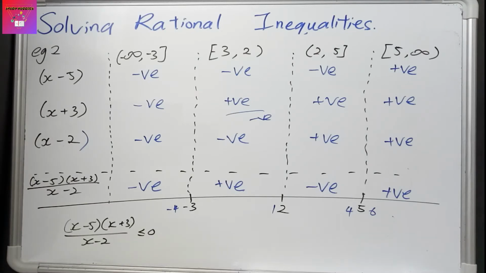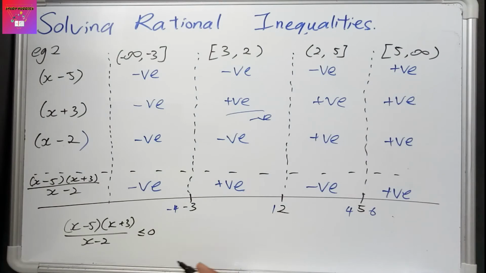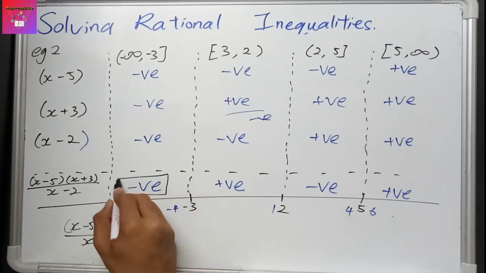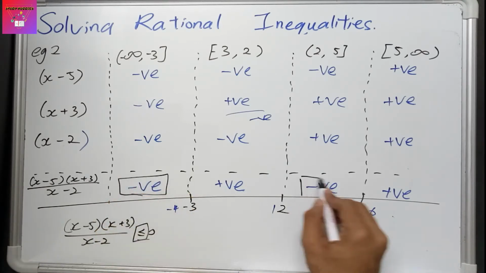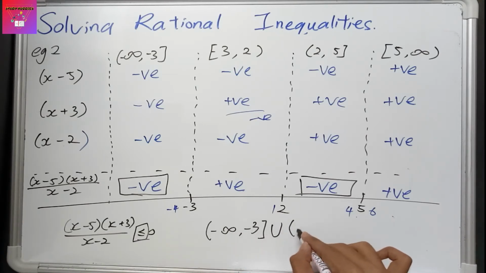Since we already have all the positive and negative values for each of the ranges, what we are going to do is look at this symbol. This symbol is saying the equation is lesser than or equal to 0. So if it is lesser than or equal to, automatically we have to look at the negative part. Therefore the answer for this question is going to be negative infinity to negative 3, close bracket, union 2